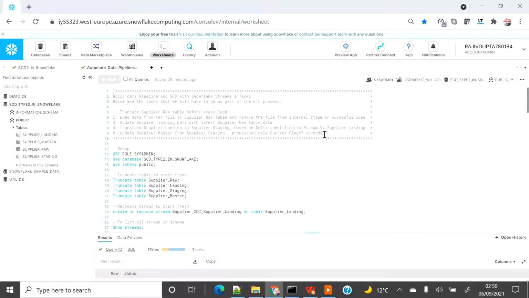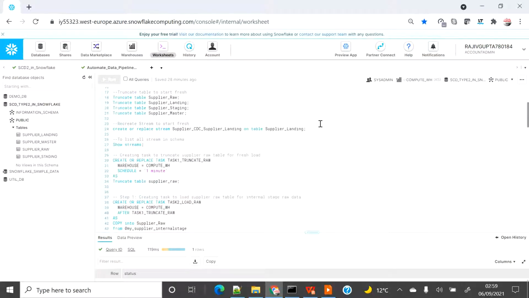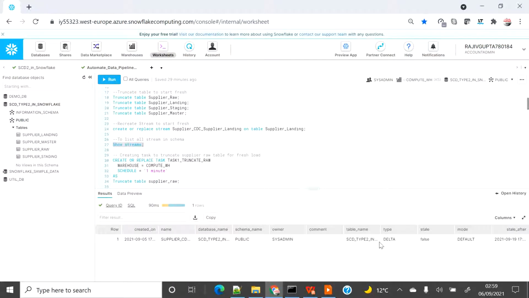We are going to use the same structure, but this time we are going to automate the end-to-end pipeline using tasks. So let's see how we are going to do that. First of all, let's see whether we have the stream in place. We can see that we have a stream in place and currently it's enabled.